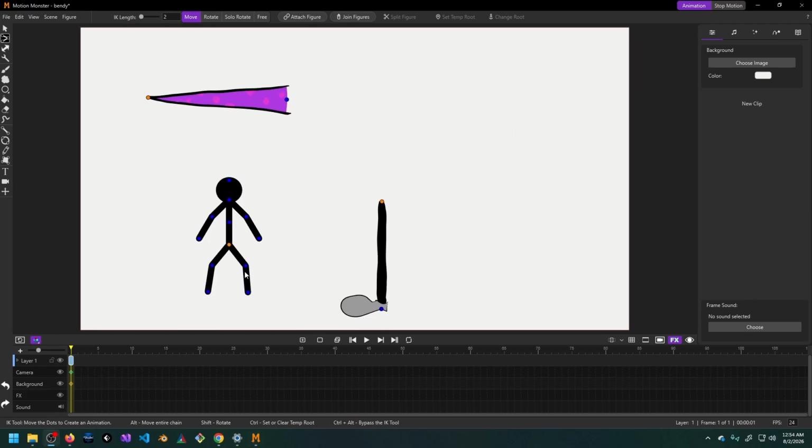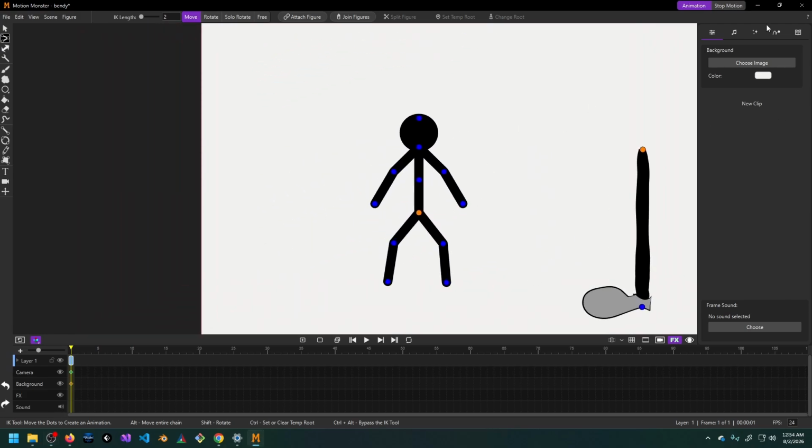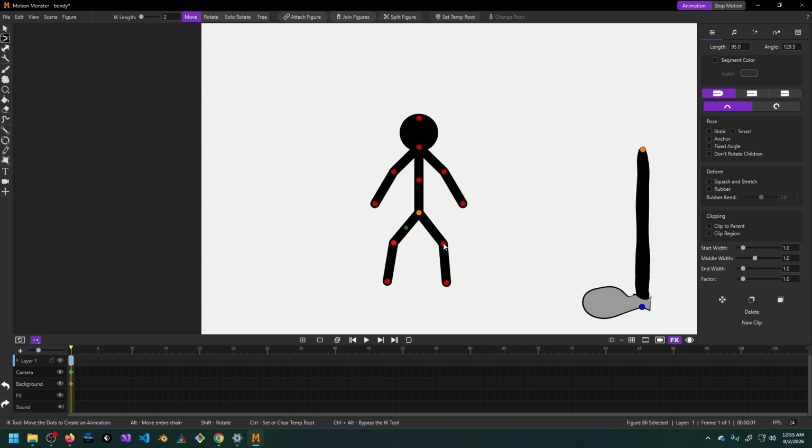Let's go ahead and start with Stan here. Stan is available in your library. He is also available with just the keyboard shortcut of S. We're going to make his knees here kind of like the rubber hose effect. So I'm going to select his knees, and over in the deform section of the properties, I'm going to choose